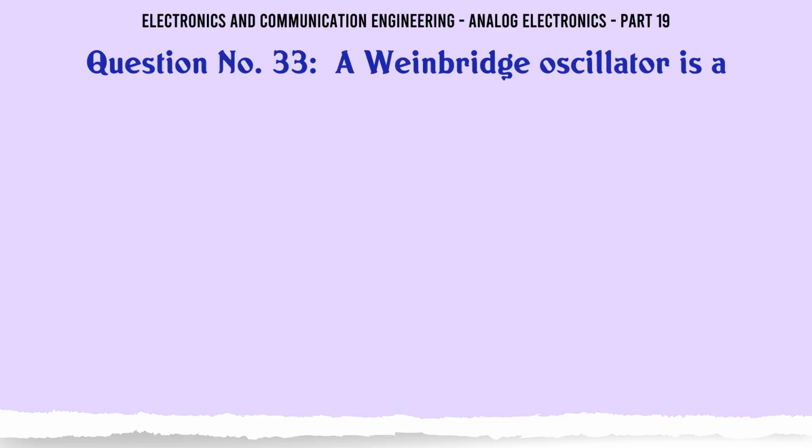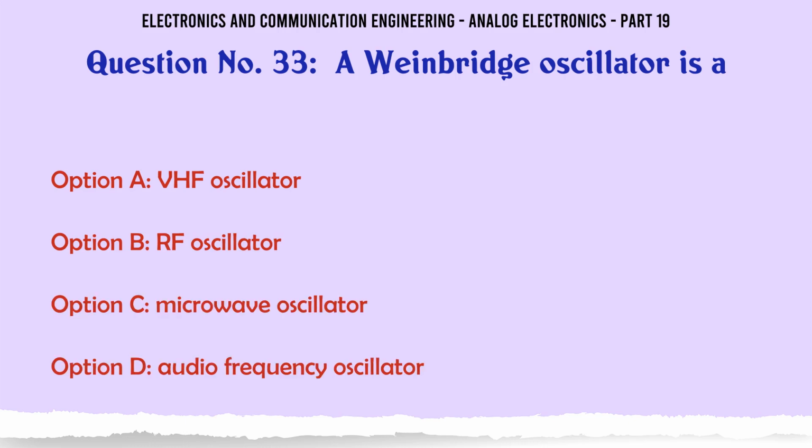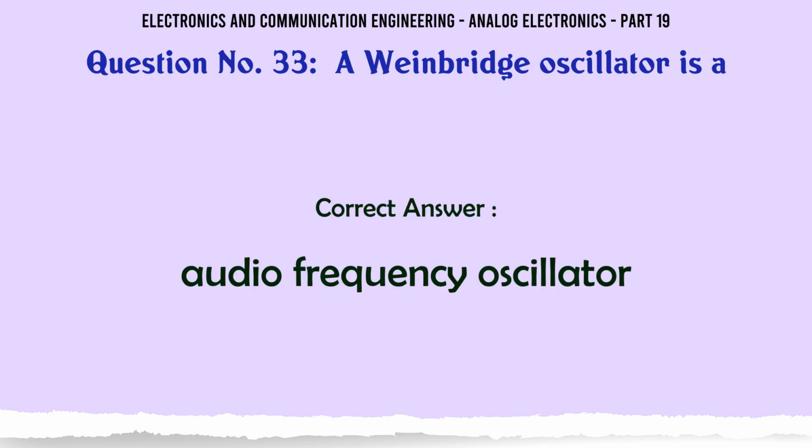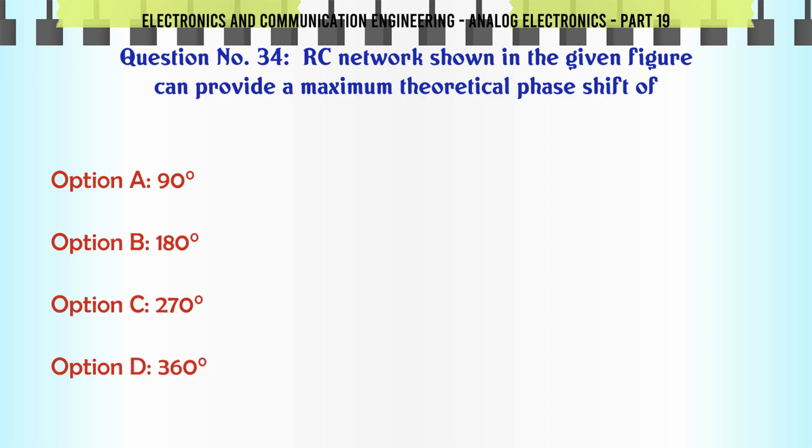A Wien bridge oscillator is A. VHF oscillator, B. RF oscillator, C. microwave oscillator, D. audio frequency oscillator. The correct answer is audio frequency oscillator. RC network shown in the given figure can provide a maximum theoretical phase shift of A. 90,